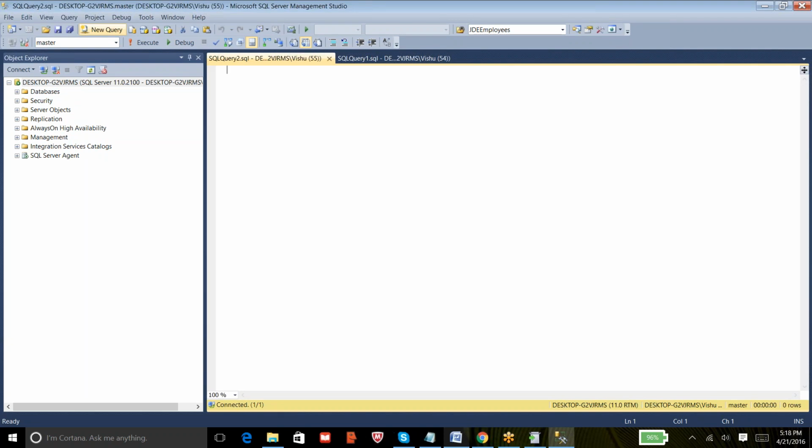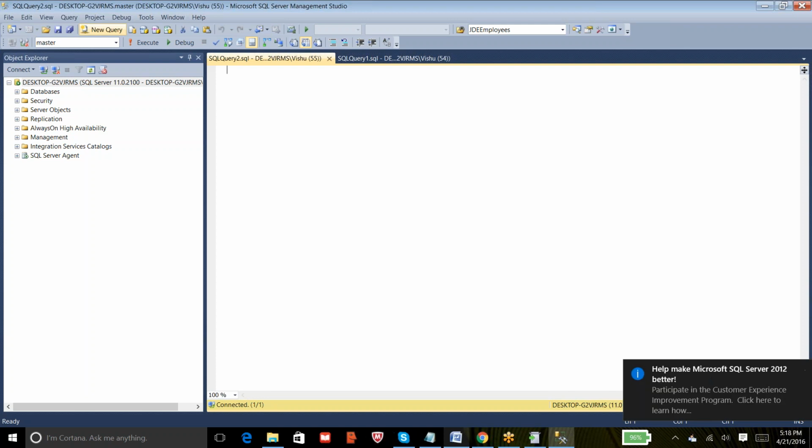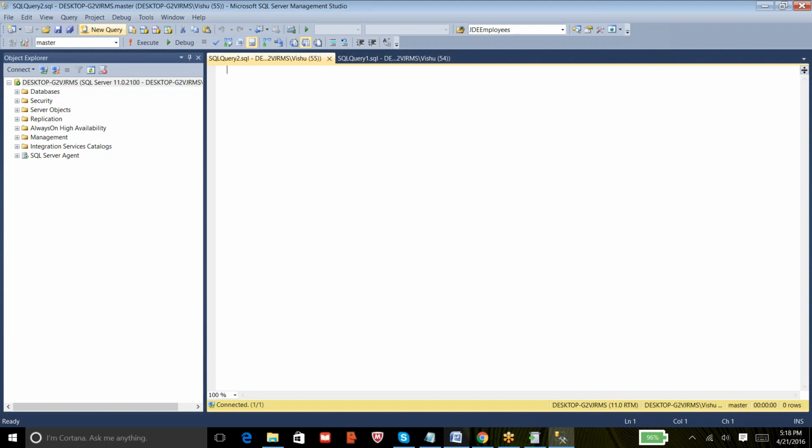When a user, or when I, run a query to update or insert data in the database, the first thing that happens is the new rows I'm trying to insert are inserted in the LDF file first, and once the transaction is completed successfully, the data from the LDF file will be moved to the MDF file. This is how the transaction happens on SQL Server.